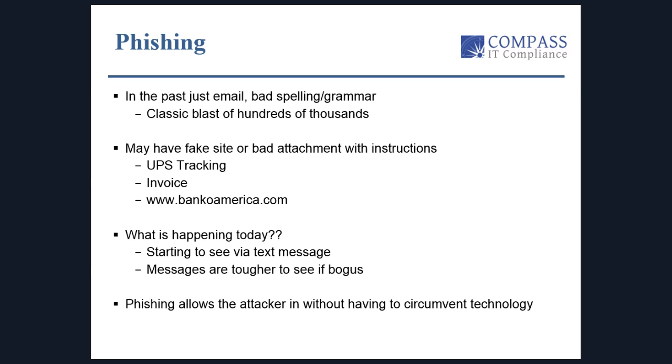What we're seeing today too now is we're starting to see more text messages. Text messages may hit your phone with some information that you can then click a link on your smartphone and then go to that browser. It's a similar type of way to get in, but they're tougher to see if they're bogus. On your phone, it's just a text message. People in text messaging have terrible grammar and short, choppy words that mean different things. Like my last slide, TMI. So they seem really creative trying to get to you. Again, this phishing, all these attempts allow that attacker in without having to even go through some of your real fancy security tools that you may have in place.